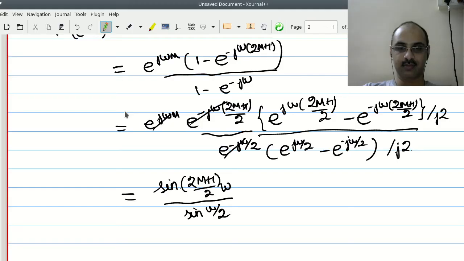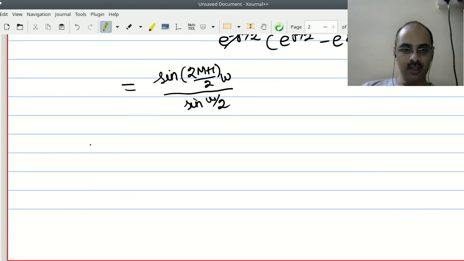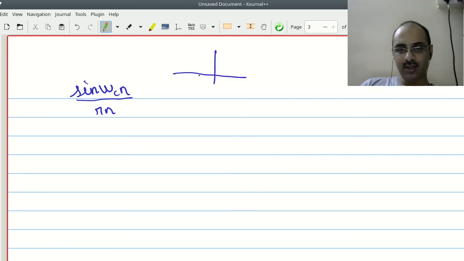Okay, let's now go back over here and let's try to just see one other property of the ideal low pass filter. So let's take a new page. So if you look at the ideal low pass filter, it's sin(omega c n) upon pi n. Okay, the question is, if you recall, I was telling you that it has this kind of shape in the frequency domain, and if you want to understand the operation of this filter, let's take cos(omega naught n).